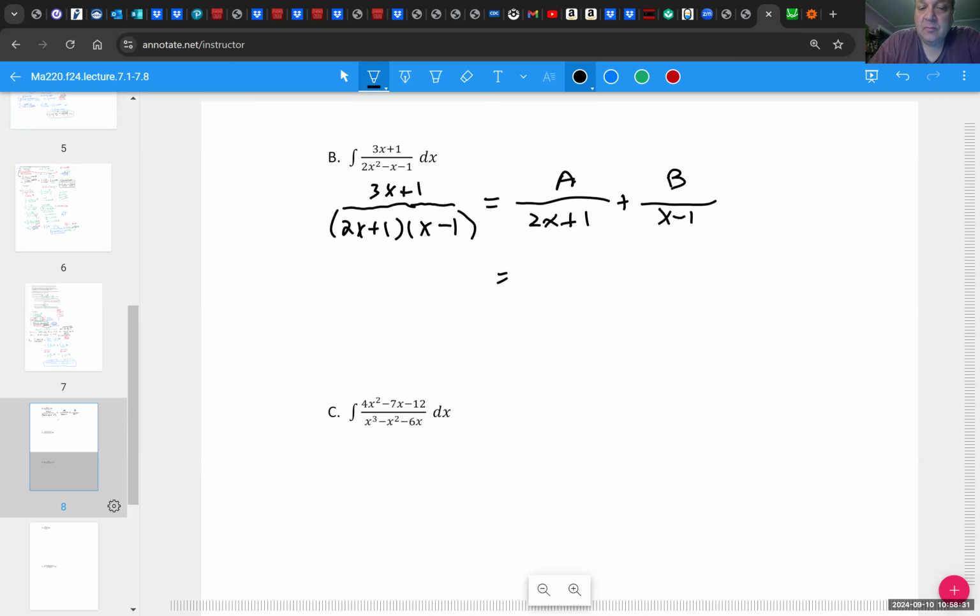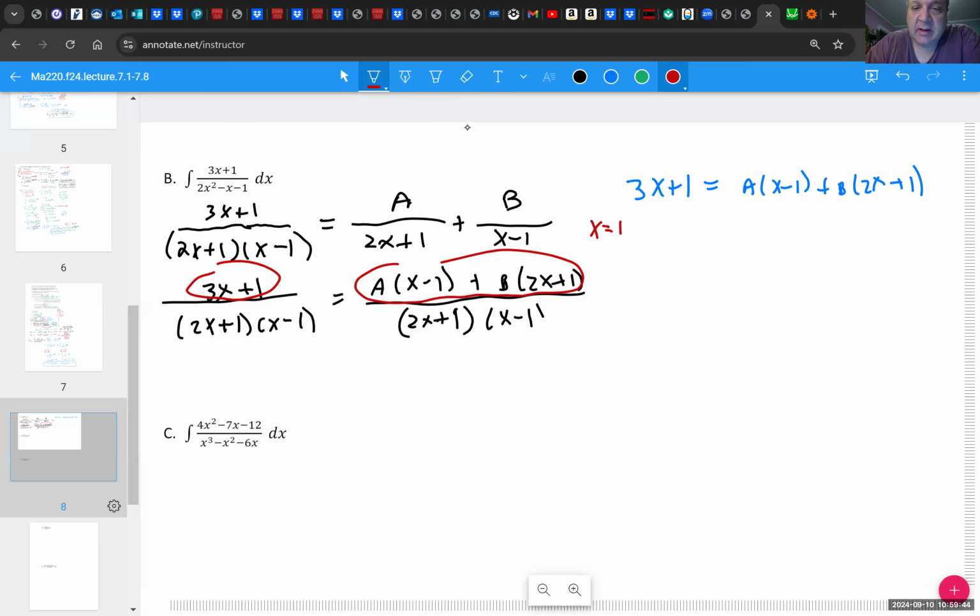So let me write this down. I'll use some other color. So I get 3x plus 1 equals a(x minus 1) plus b(2x plus 1). And then I'm going to choose some values for x. I'm going to choose x equals 1 because that'll make this first part a times 0, which is kind of nice. The second one, I'm going to choose x equal to a half because 2